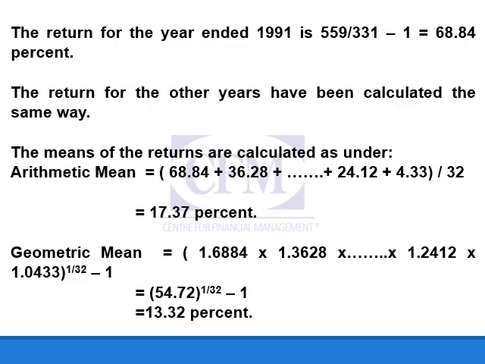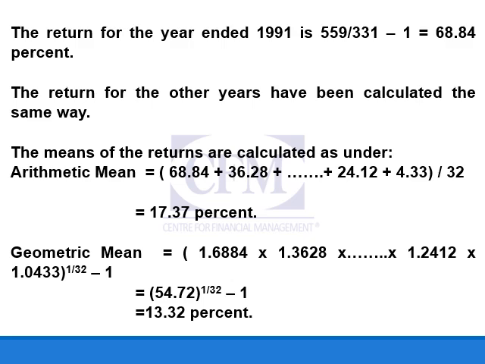Based on the above exhibit, we can calculate the arithmetic mean return and the geometric mean return over the 32-year period. The return for 1991 is 68.8%. We have calculated the returns for other years in the same manner. Given these annual return observations, the arithmetic mean return is the sum of the annual returns divided by the number of observations. If we add all these numbers and divide by 32, because we have 32 observations, the arithmetic mean return works out to be